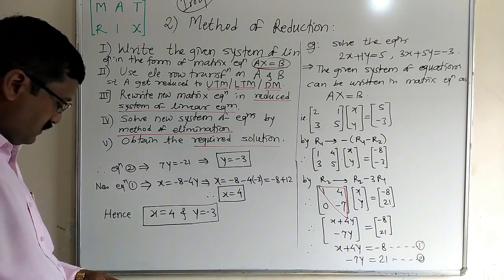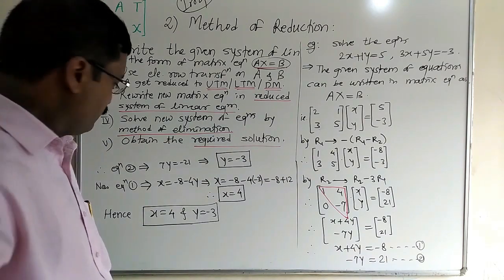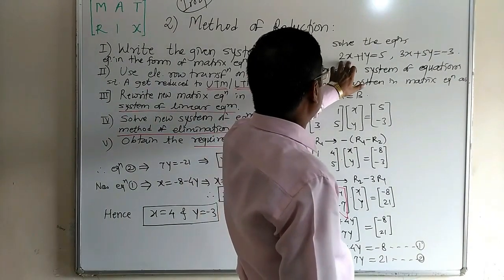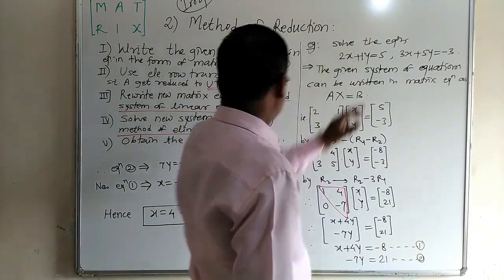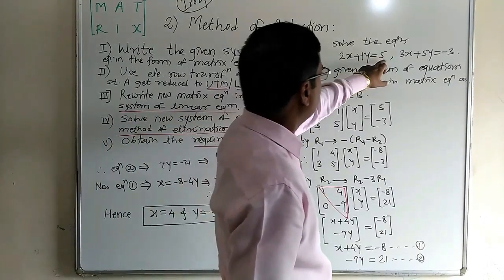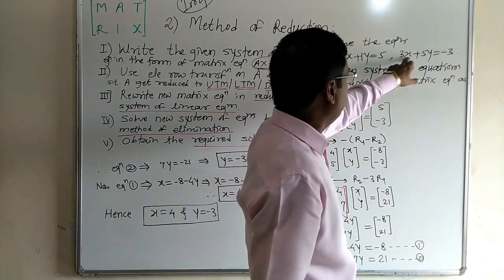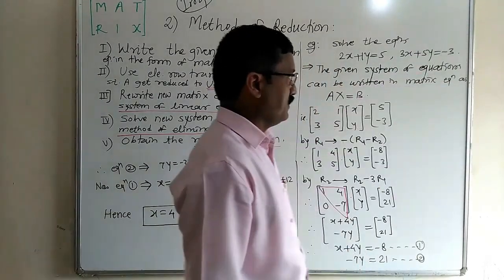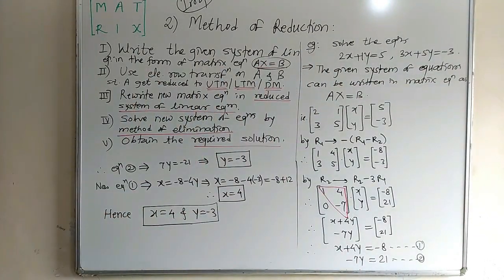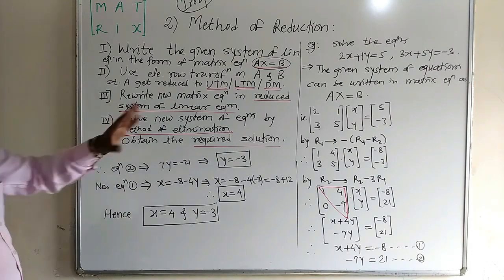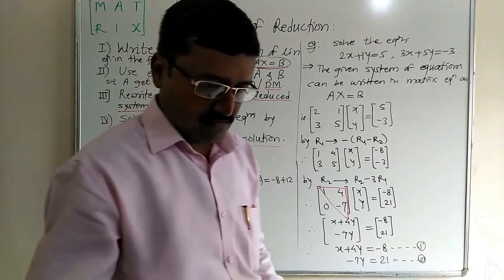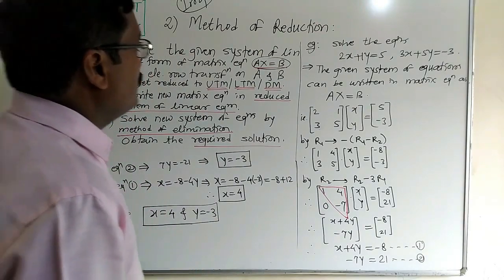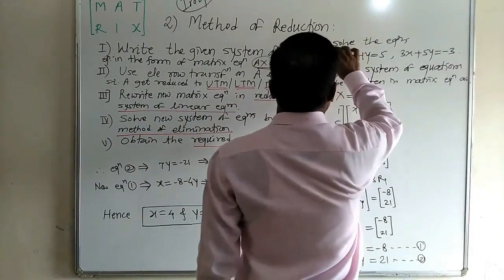Let us check whether this solution is correct or wrong. x equal to 4 and y equal to minus 3. If you put x equal to 4, then this becomes 8. 8 minus 3, that is equal to 5. Here 4 into 3 is 12. 12 minus 15, that is equal to minus 3. So our answer is correct. So remember these 5 steps. Let us see one example of a system of equations containing 3 variables x, y and z.